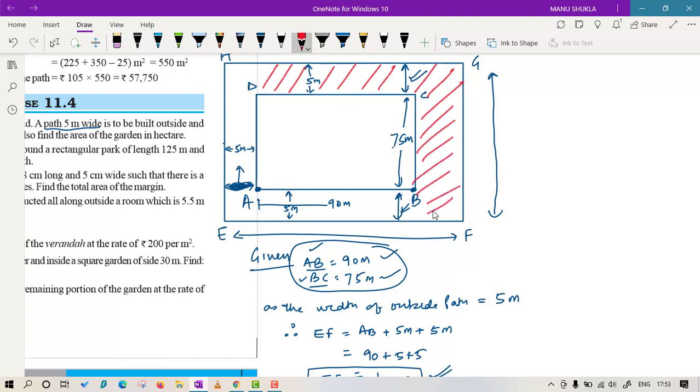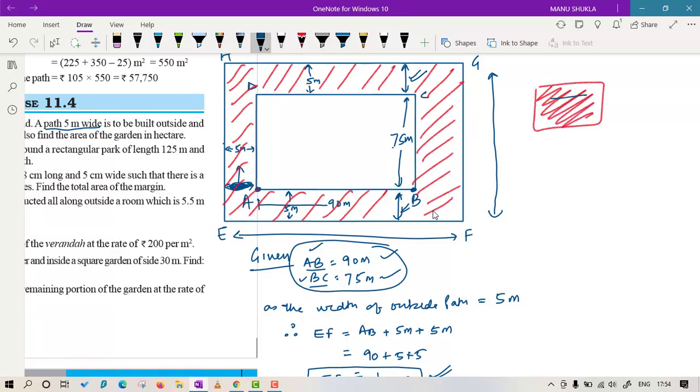That is very simple. First of all, there is no formula to find this directly. You need to think over it again. If I find the area of the outside rectangle, that is this complete, and if I subtract the inside, that is this, obviously I will get the remaining area. So that only we have to write.